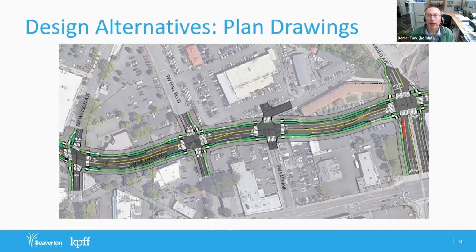Now that I've introduced key project elements, let me walk you through the 4 design alternatives and show you how each of the alternatives incorporates these elements, making choices with respect to the options that we have for them. You'll see that building the new street according to any of these alternatives will require the city to purchase multiple adjacent properties and support relocating businesses and residents that are affected.